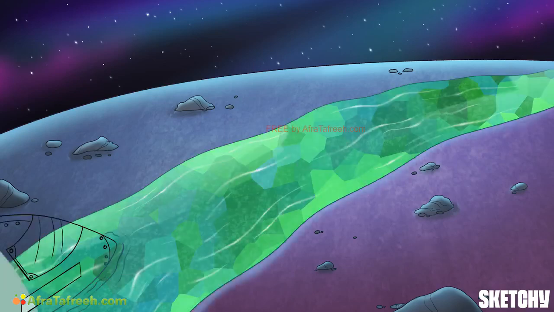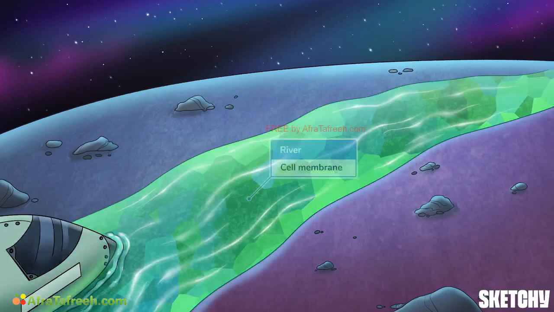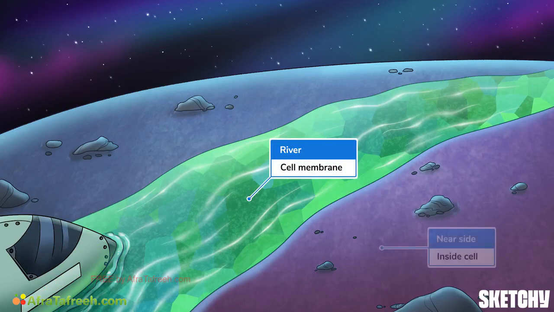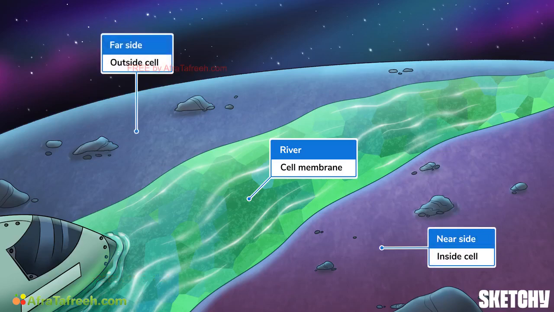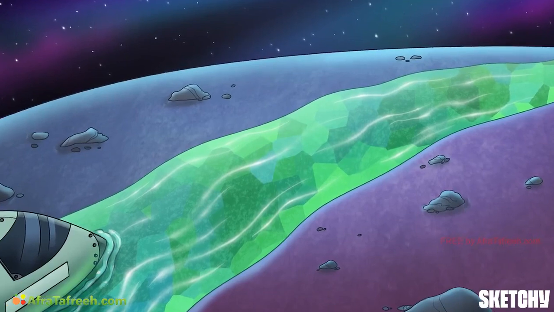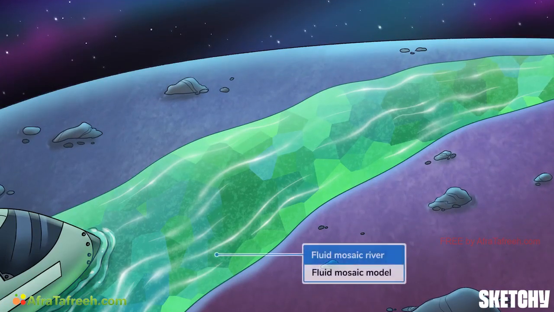We'll use this river to represent the cell membrane, which you might also hear called the plasma membrane. And that land in front will represent inside the cell, or the intracellular environment, while the far side represents the extracellular environment outside the cell. This fluid river of mosaic space goo represents that the structure of the cell membrane is often referred to as